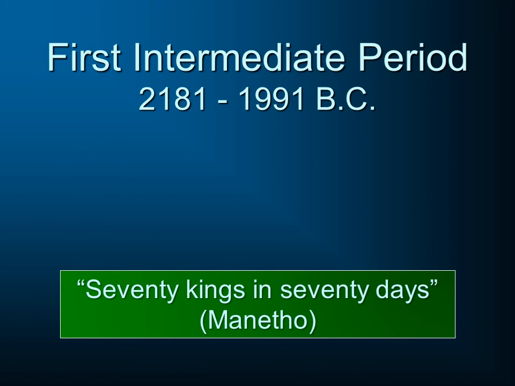At the end of the Old Kingdom, we have what's called the First Intermediate Period, where everything just seems to fall apart. In the much later writings of Manetho describing this period, he says there were 70 kings in 70 days. And Egyptians, as we said last time, really loved stability. They wanted everything to be the same all the time, the same kind of art, and the same kind of king, and the same kind of structure, and the same kind of building. And now there was change. And that wasn't a good thing. And Egypt fell apart. Egypt ceased to be a single nation, and the nation itself crumbled.